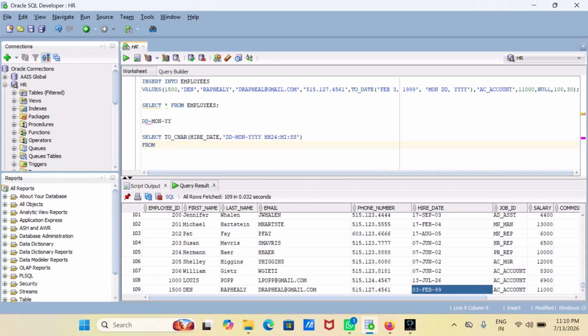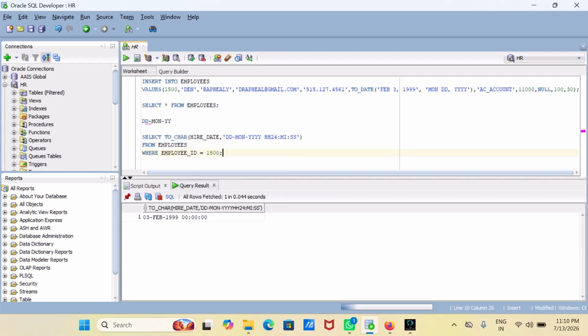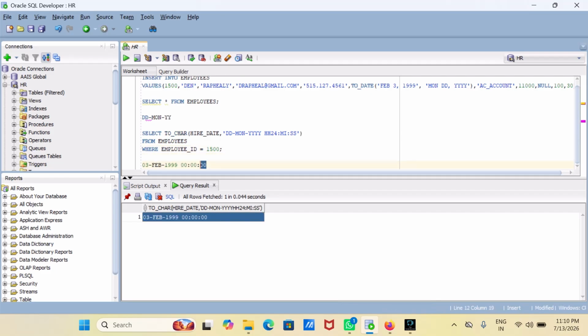Okay. From employees, let us see the record which I just inserted, where employee ID is equal to 1500. Okay. See, the time portion has also been saved by default. But as I didn't mention time, by default the time portion is 000000. This is the default